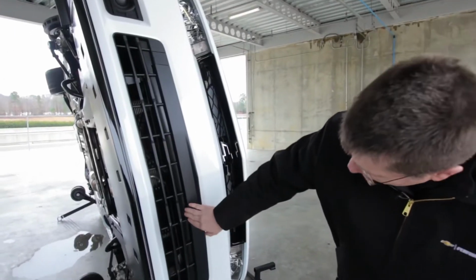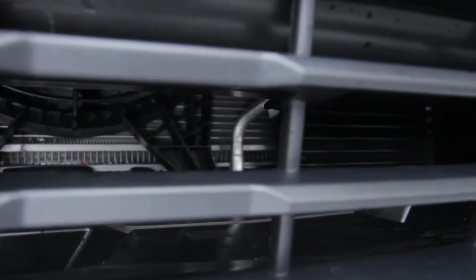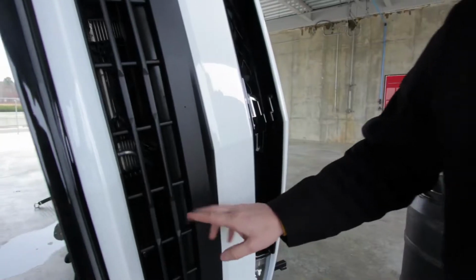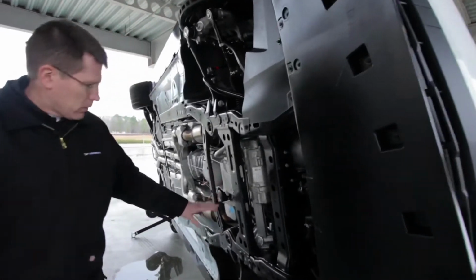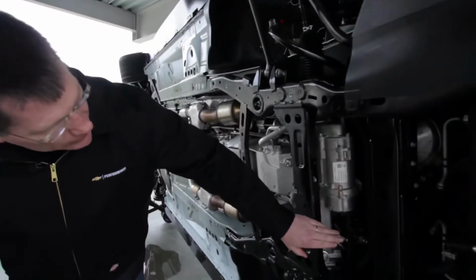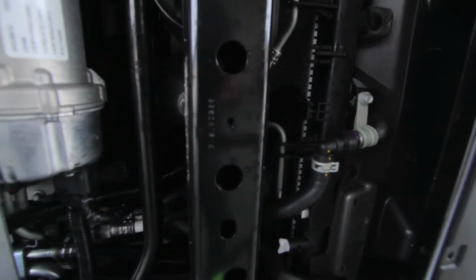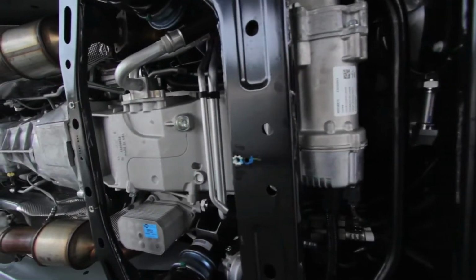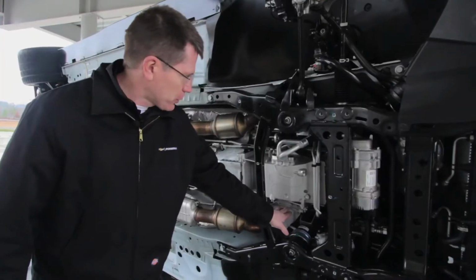If you sneak through the grill here, you can see that we added an extra cooler in the front of the car. What we're doing is taking coolant out of the side of the block, running it forward, chilling it through that, then bringing it back and running it through the oil-to-water oil cooler here. We needed to keep our oil temperatures under control, so we upsized the cooler quite a bit from what was